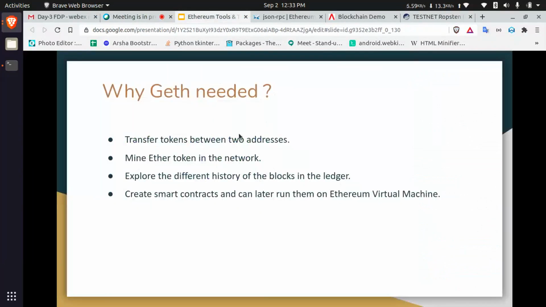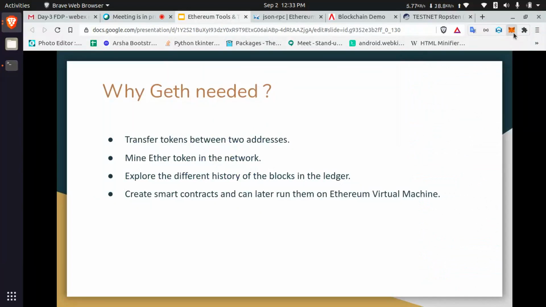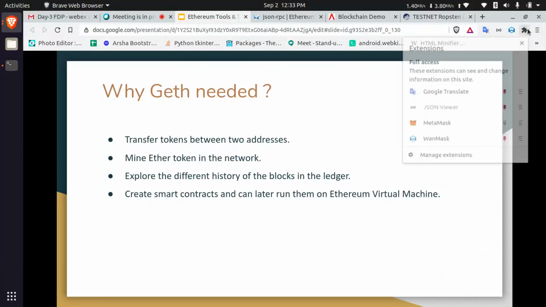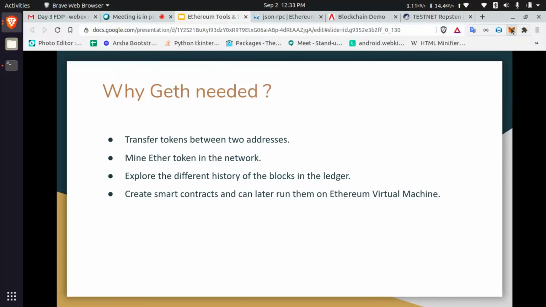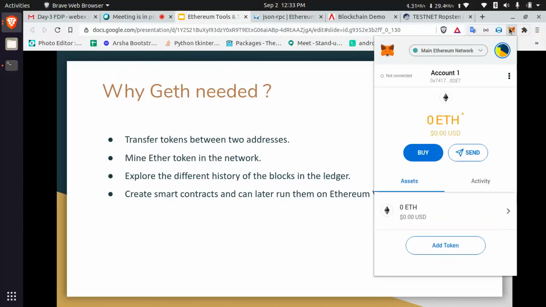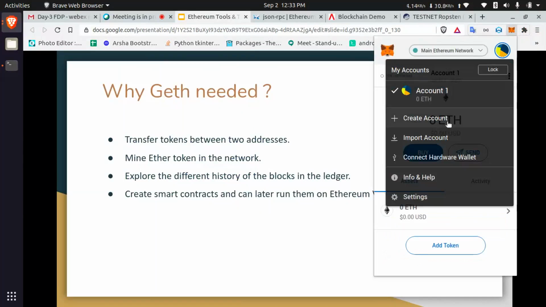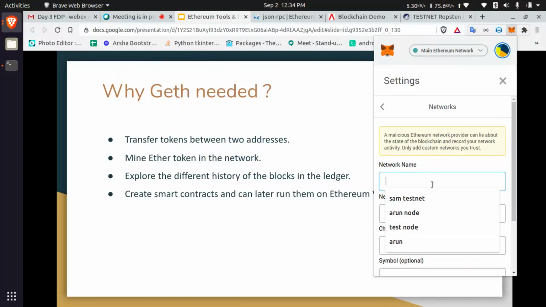Once you have added that Geth, you just add it into your MetaMask also. Here you can add a custom RPC and then your Geth URL here.